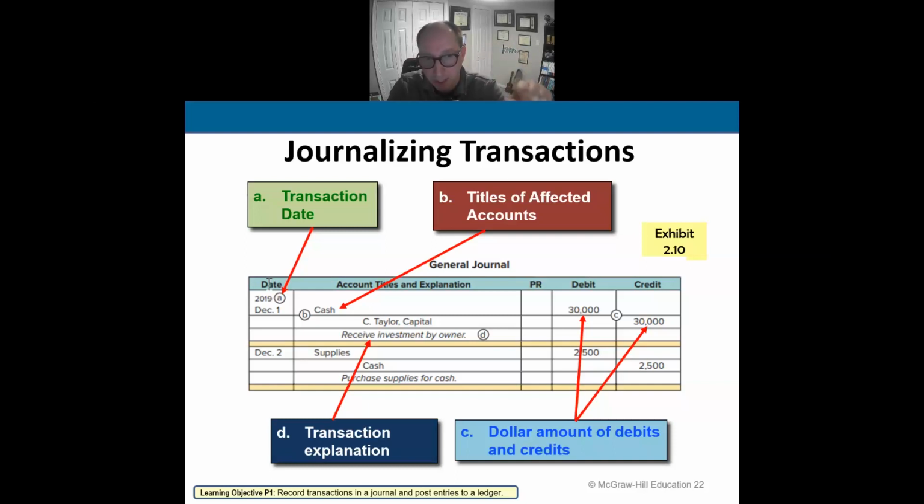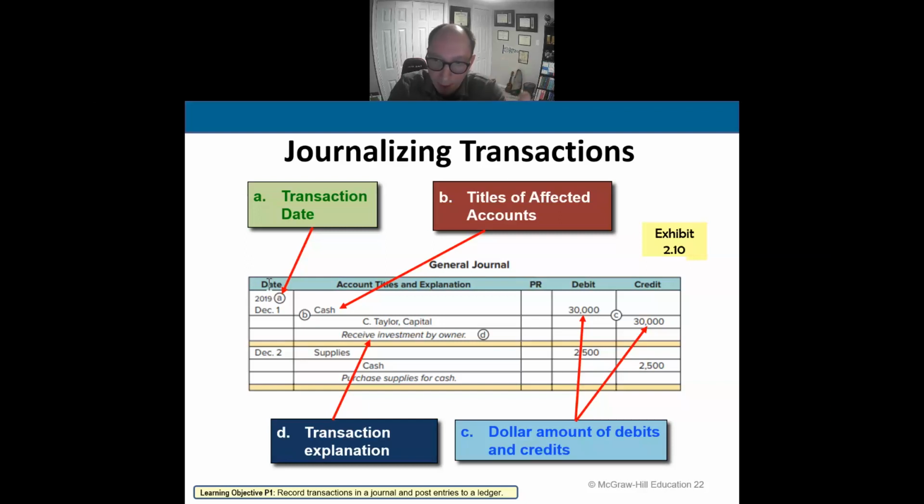We see here on the letter B that cash is the first thing. The debit account is always the first one to be recorded, then the credit account. So we debit cash by $30,000. That's the amount of the investment. We credit owner's capital,